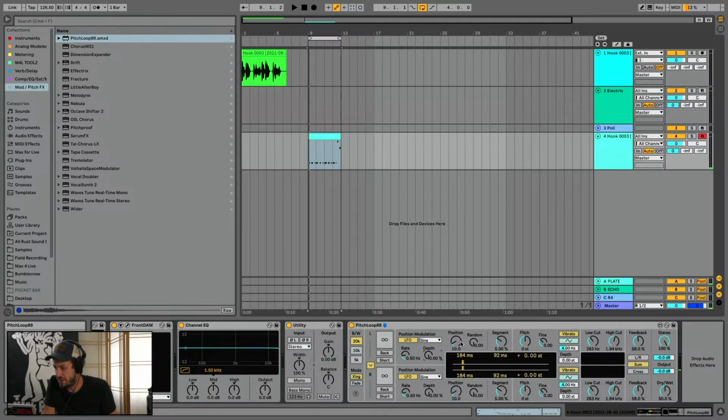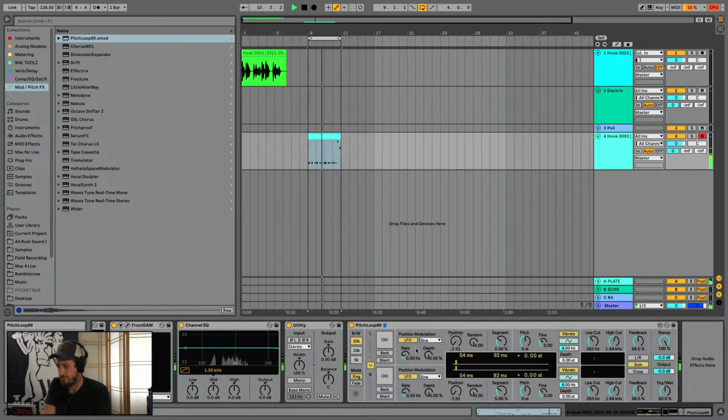We can change the position. This position thing, I can't really give a good explanation of what goes on under the hood. The position thing changes this milliseconds number, right?